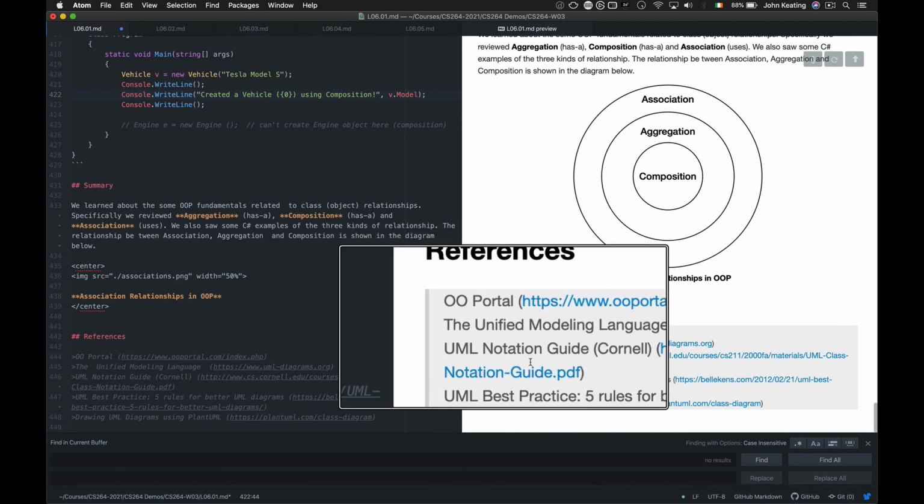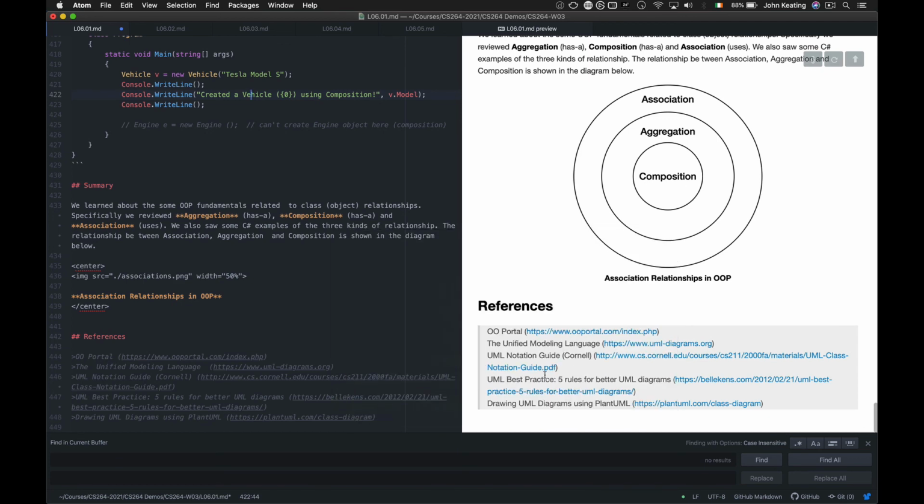I'd recommend looking at these references: the OO portal, Unified Modeling Language, the UML Notation Guide, UML Best Practice, and UML Drawing Diagrams of PlantUML, which are the ones that I use in this particular